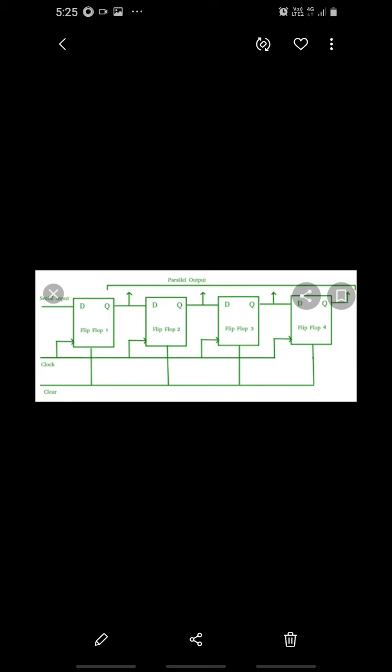So the logic block diagram of the 4-bit shift right register using positive edge trigger D flip-flop, it may be noted that the shift right register is an example for a serial in, serial out shift register with 4 stages, 4 flip-flops. The register can store up to 4 bits of data. Serial data is applied at the D0 input of the first flip-flop through the input DIN.